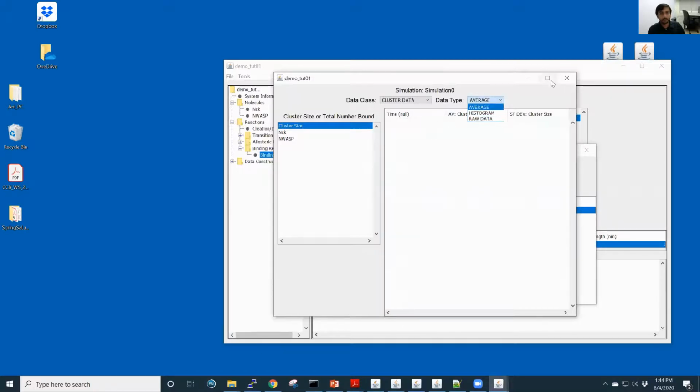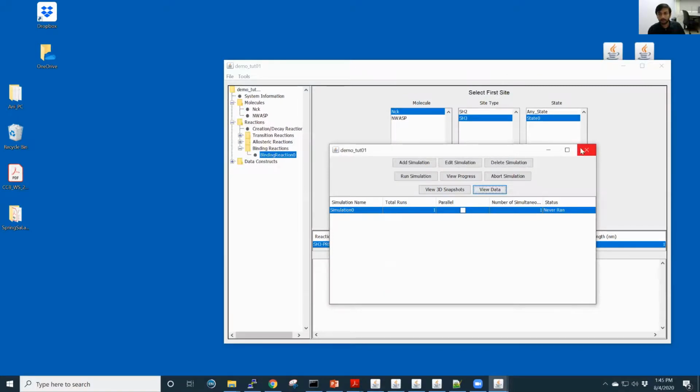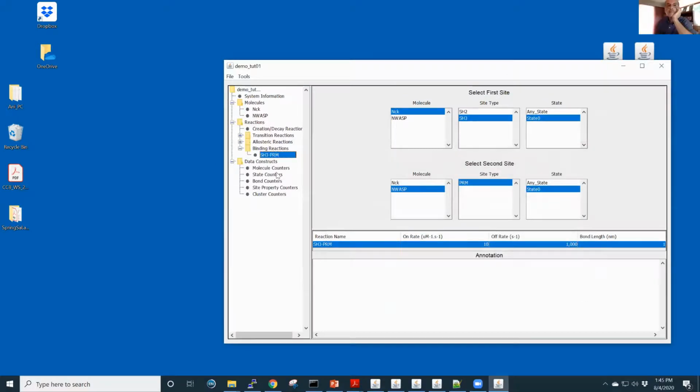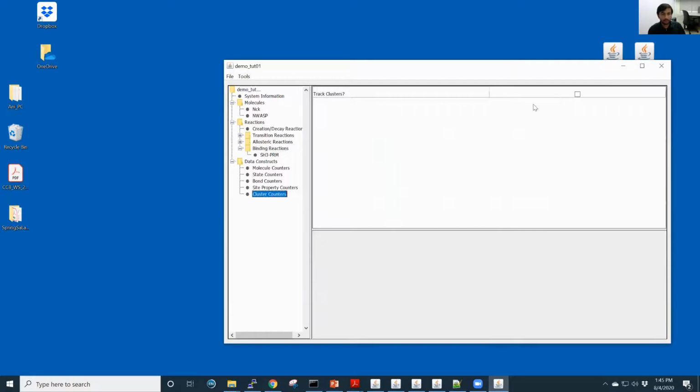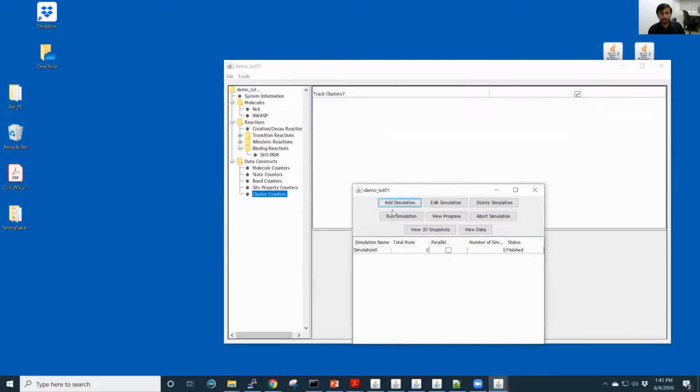I did something, it didn't work, so I forgot to mention that. When you come into the data construct section, there is something called cluster counts, which is unchecked by default. So you want to check that button here. All the other properties are checked by default. So remember that if you are dealing with this type of multivalent clustering, you come here and check that button. Now, if I go and launch another simulation, you can